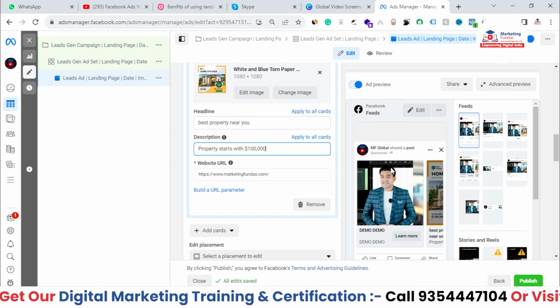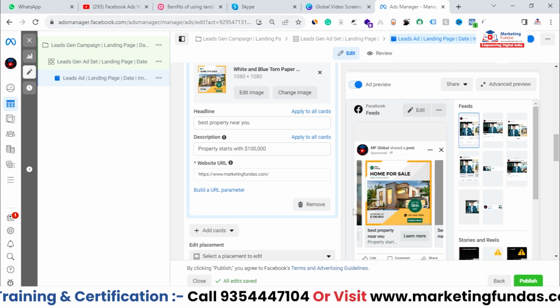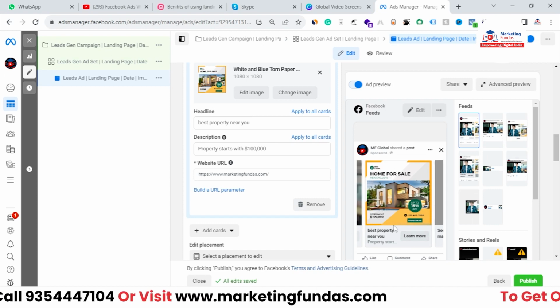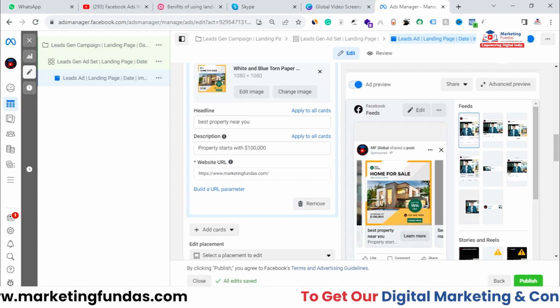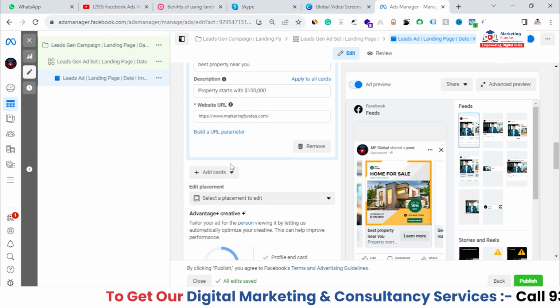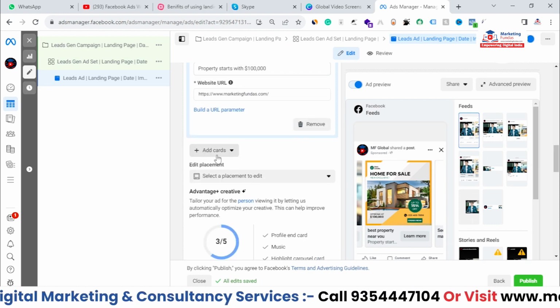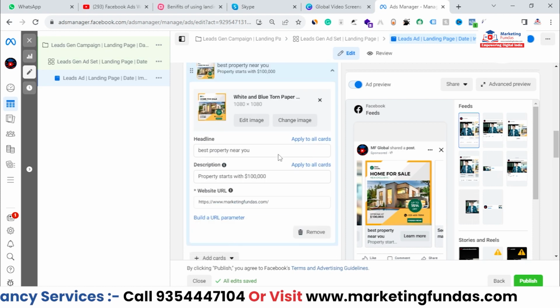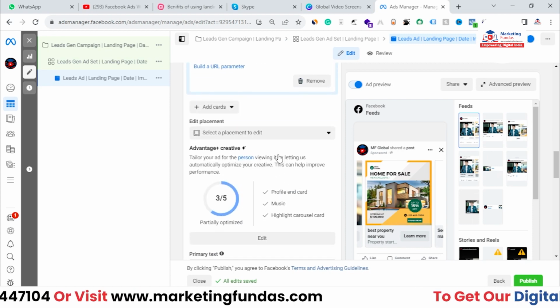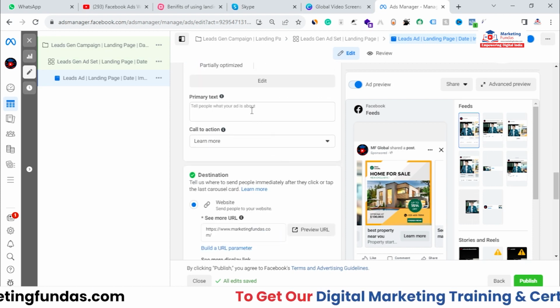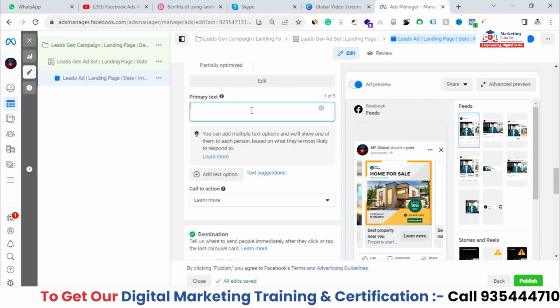content. As you can see, this is the first one, and if you go to the second one, this is how it is going to appear, right? Now if you want to add more images, you can directly click here and add more images, otherwise you can leave it, right? Scroll a little bit down, and here you have to add the main primary text for your